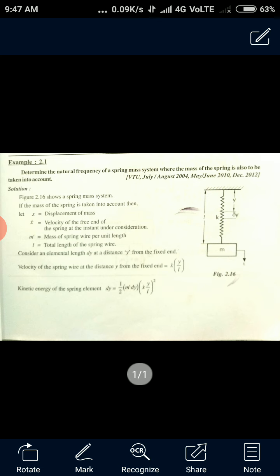The methods we used are Newton's method, energy method, and Rayleigh's method. Using these methods we determined the equation of motion as well as the natural frequency of the